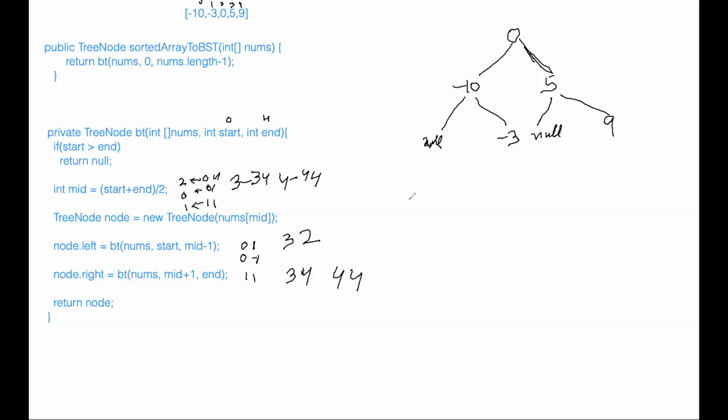So when you do nums of mid, you're constructing a node, so you are visiting each node. It's like a thumb rule: when you're visiting all the elements, then at least you are doing order of n. So when you're constructing a binary tree, it will always be order of n. If you are searching in a binary search tree, it will be log of n, because you're going one direction, either left or right. But here you're going both directions.